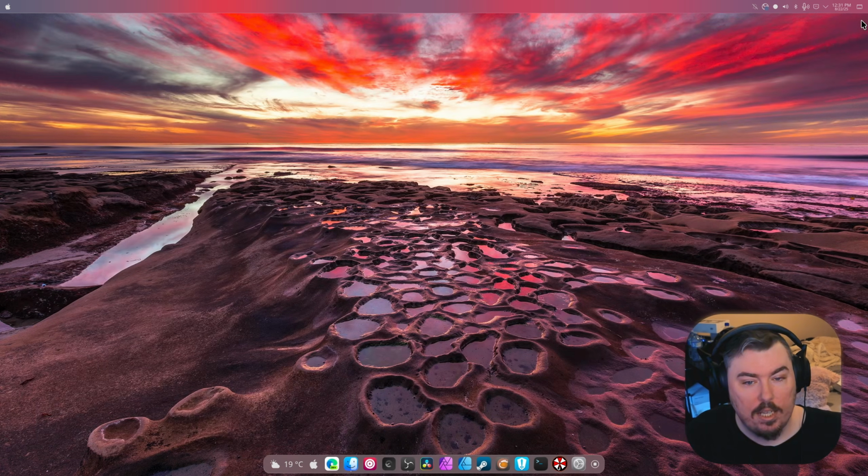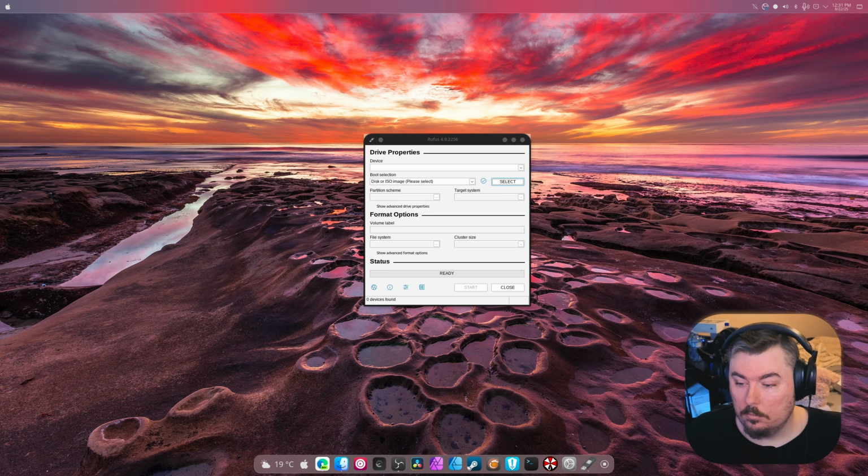So next, we're going to exit the browser. Now, the next step depends completely on you. There are 2 programs on Windows that can handle this. One is called Rufus. Now, I don't have Rufus at the moment, so I'm going to go grab it. So on Rufus, what will normally show is the fact that you have a device here. It will automatically pick it up for you, or you can choose if you have many devices installed at once. Next thing we're going to do is select the ISO,